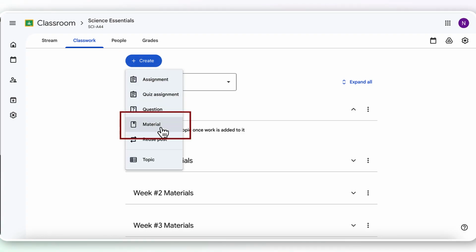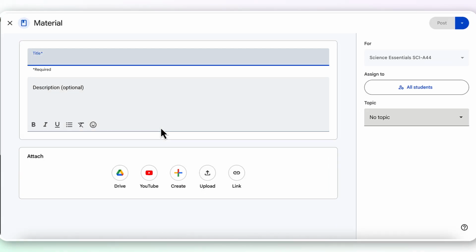Now that I've got this topic, what I will do is hit the Create button again, and I want to create material just so students can see the Start Here information. So material, I'll call this Start Here, and then I can type a little description